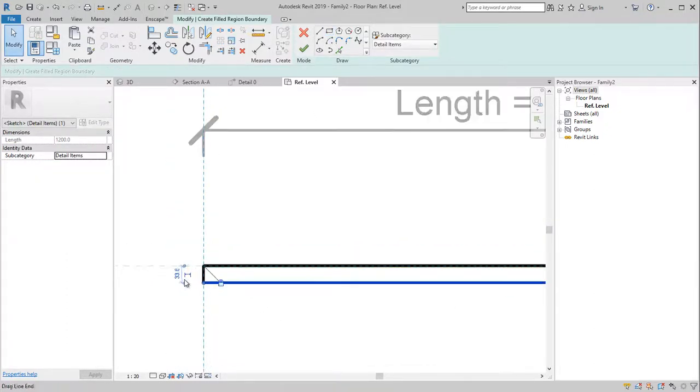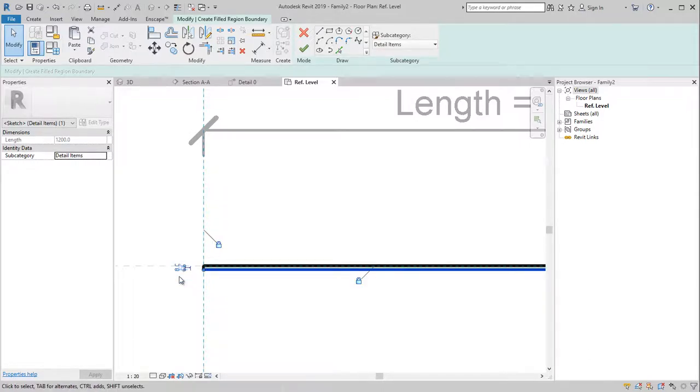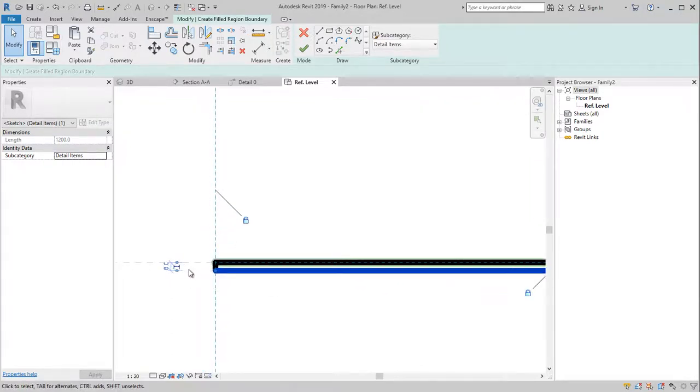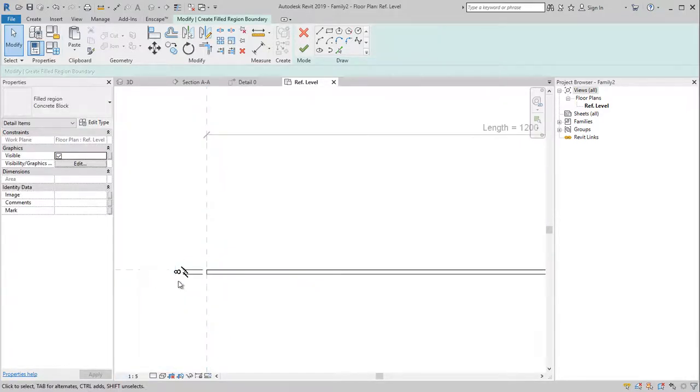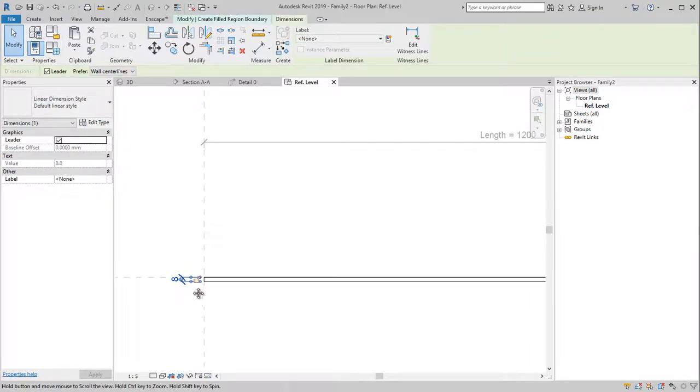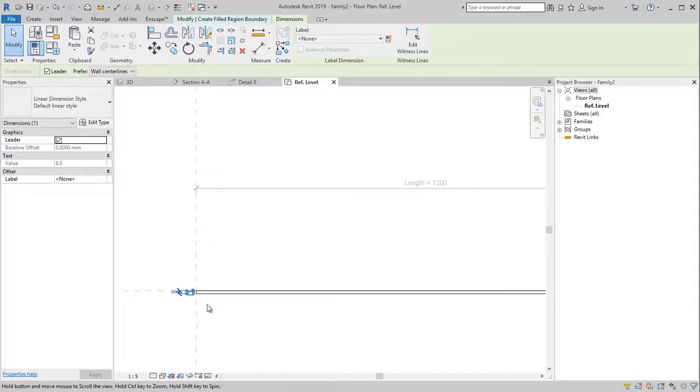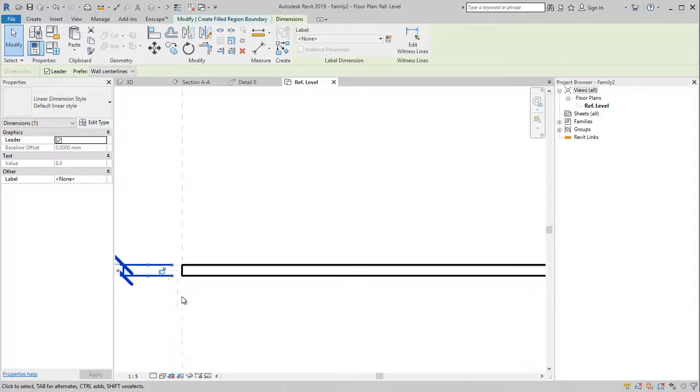I want to have my thickness to 8 millimeter. So I change that into 8. And instead of locking it to 8 millimeter, I would like to have the opportunity to change the 8 millimeter in my project. So instead of locking it, I select the dimension or the temporary dimension and make it into a